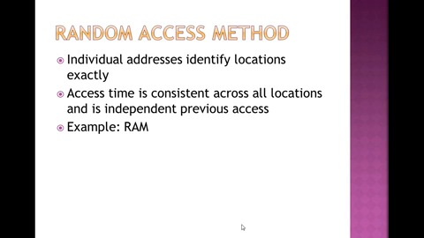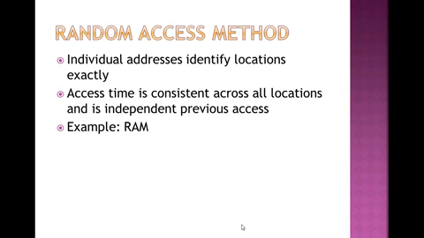Then next is the random access method. Sequential means the data is accessed sequentially, from first to fourth and then fifth, and direct access means we can directly access the data by jumping to the location. Next is the random access method, that is, randomly accessing any part depending on the user. First point says individual addresses identify locations exactly, that is, the memory has different parts that have individual addresses used to identify the locations exactly. Second point says access time is consistent across all the locations,